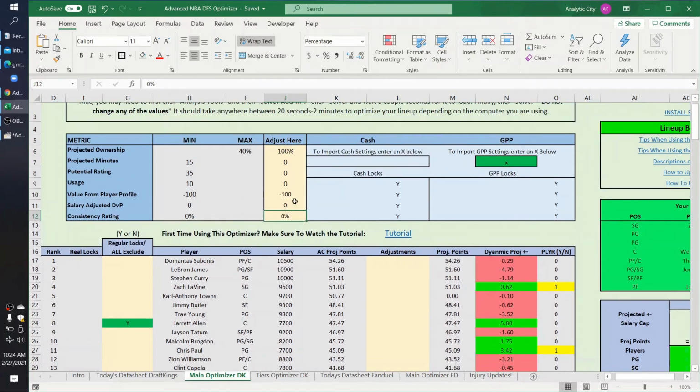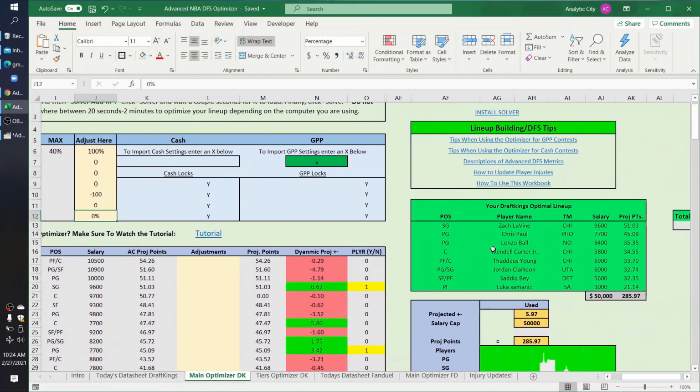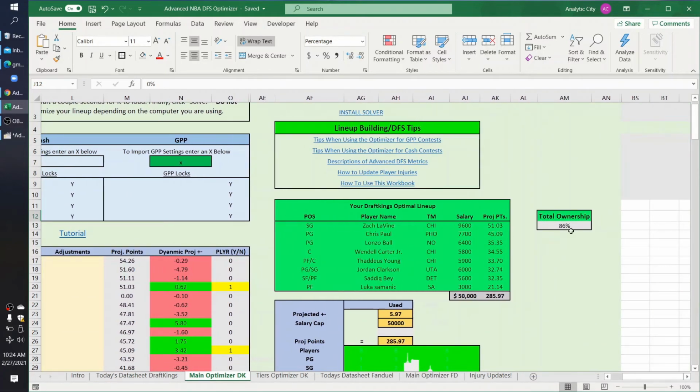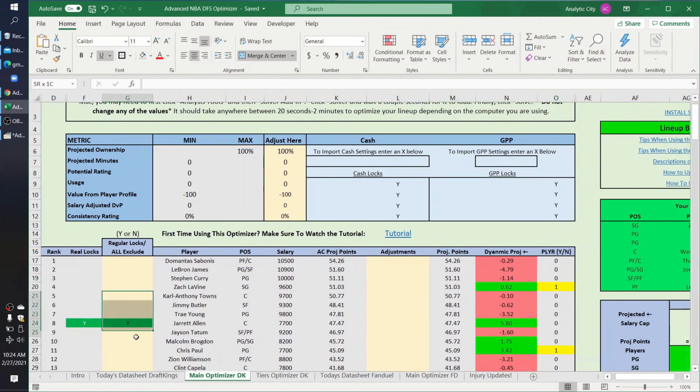Finally, consistency rating. Obviously not something we consider with GPP lineups. The last thing I'm going to talk about is the total ownership percentage. What this does is it sums the ownership of every player in your lineup. And I've found that it's definitely different from night to night and slate to slate. So, for example, if you're playing on a 4-game slate, the total ownership percentage of your lineup is going to be much higher. One thing I found really helpful is going ahead and cleaning out